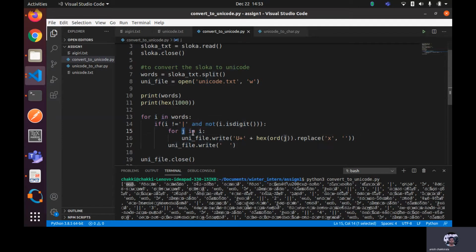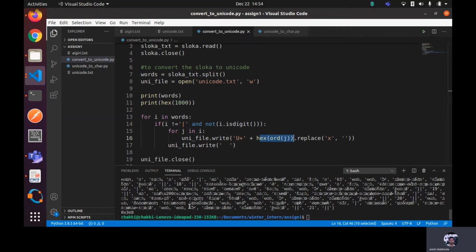So I take one character from the word, and I feed it to this function called ord. Ord will return me the integer equivalent of this character. Once I get the integer equivalent, I convert it to a hexadecimal value. The hexadecimal value will return me something like this,